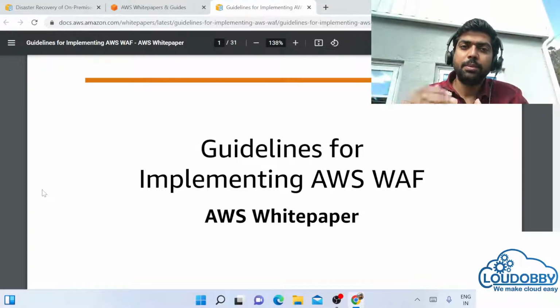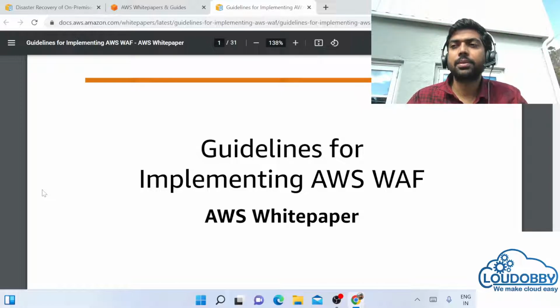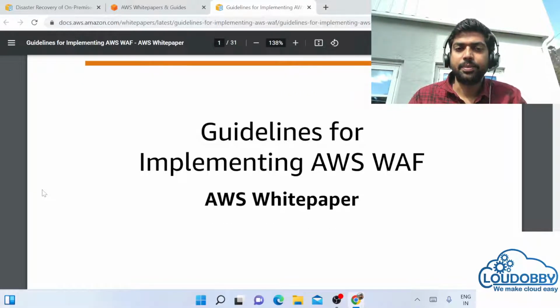But we have other ports and IP addresses from different regions. When we connect, our IP addresses are not the same and our port numbers are not the same. So this paper tells us how we can implement AWS WAF, the Web Application Firewall, and its guidelines.